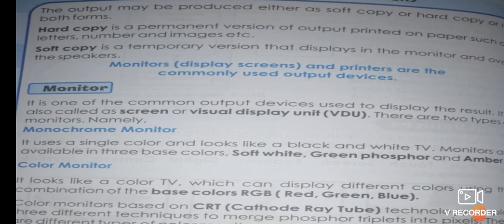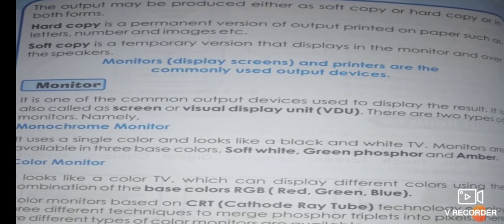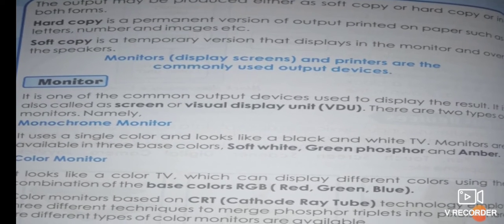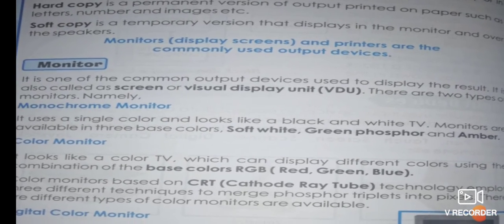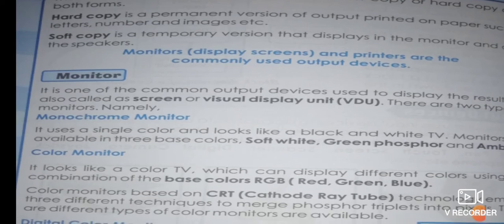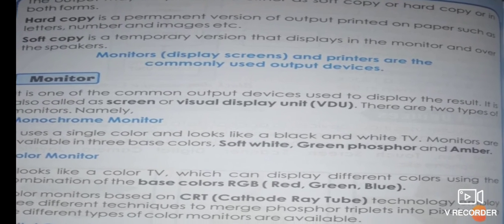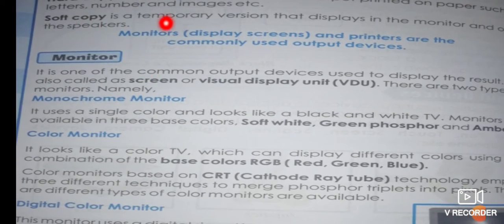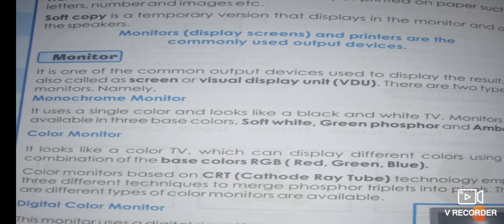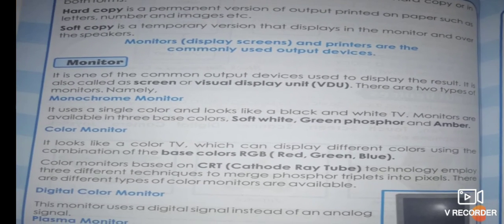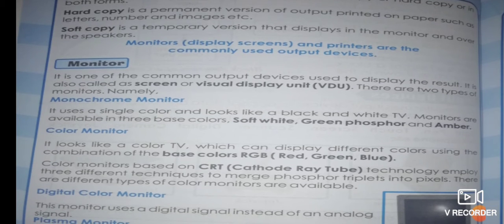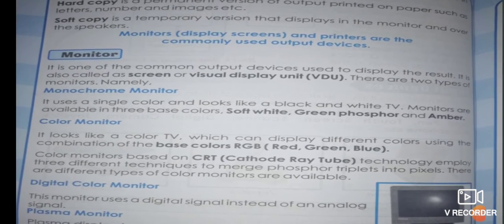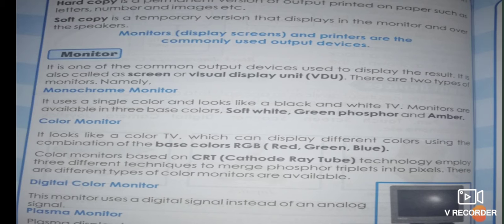A printer can be attached and we take a printout of the displayed result. Output printed on paper, such as letters, numbers or images, is called hard copy. Soft copy means we just see the result on the monitor. This is the difference between hard copy and soft copy.